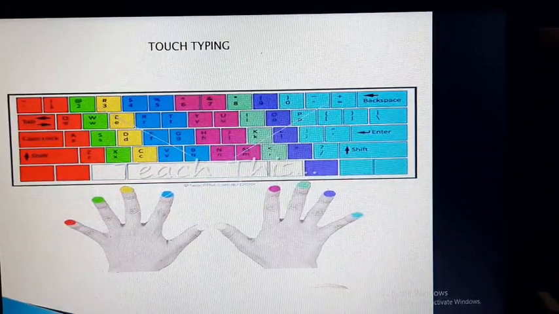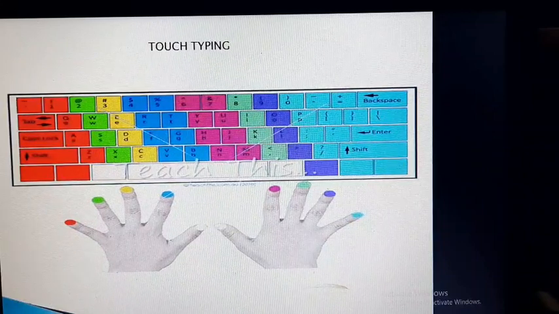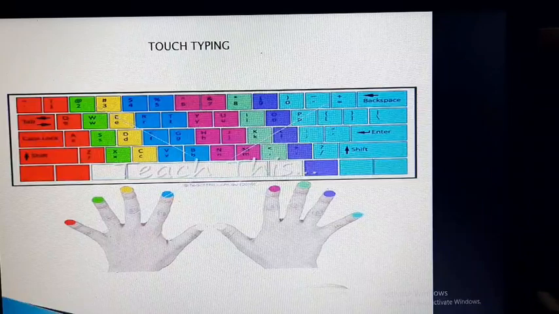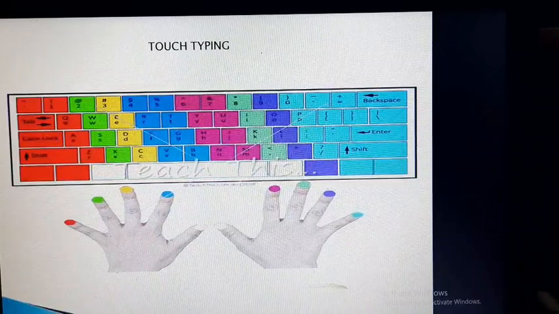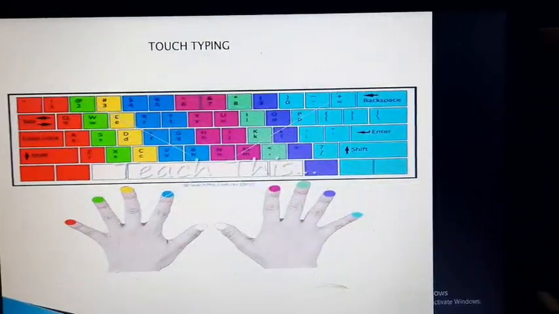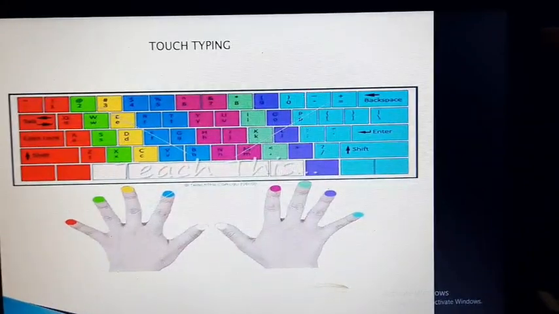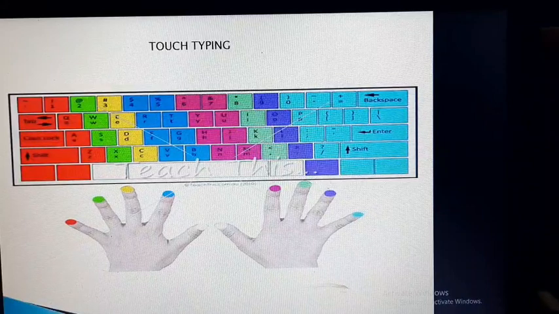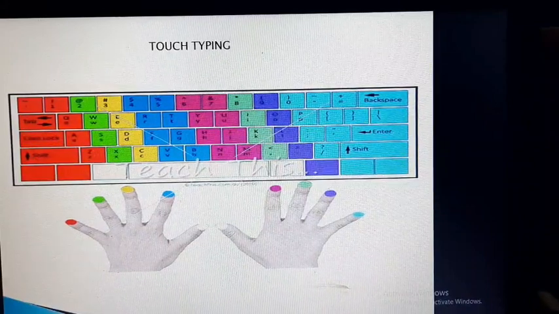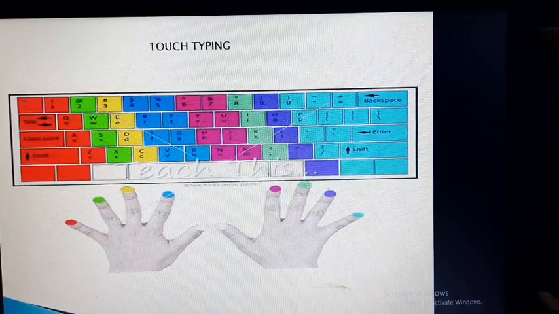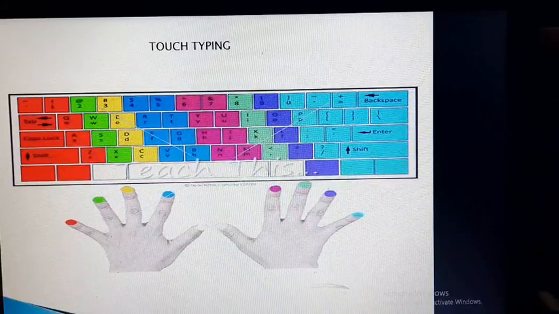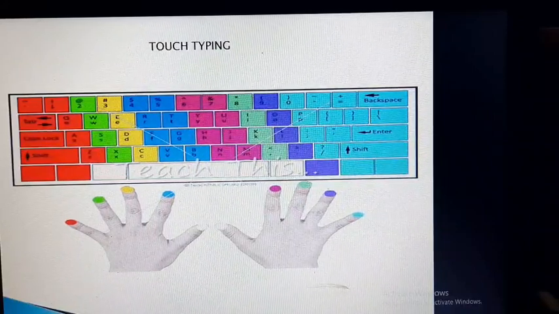It is also known as touch type, touch method, or touch and type method. Here, the typist never looks at the keyboard. The fingers hit the correct key on the keyboard through muscle memory or by force of habit.